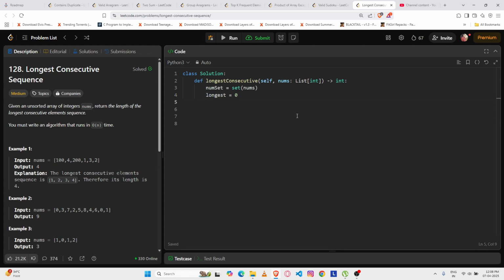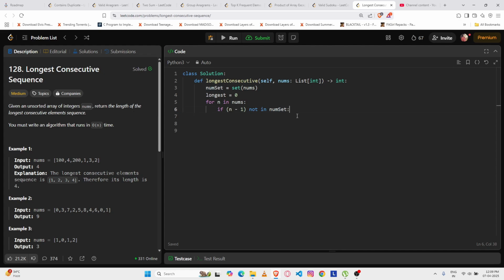Now for n in nums, we check if n minus 1 is not in our num set,